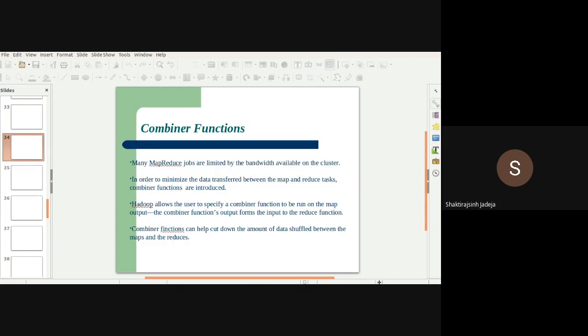Now, the combiner function. This one is important, guys. The combiner function, as the name suggests, is used to combine whatever output we are getting. Many MapReduce jobs are limited by the bandwidth available on the cluster.